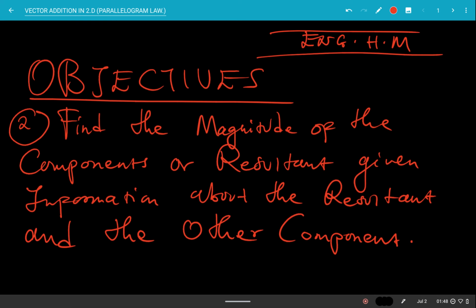Basically, this is just how we go about finding the component or even the magnitude given two, because